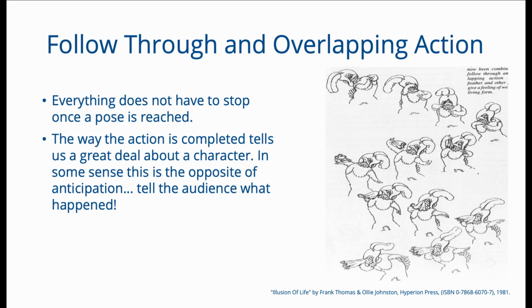So you can see here that there is an example. As she sneezes, you can see that first she's rubbing her nose, then the handkerchief is out, then the sneeze happened and the handkerchief has been blown forward. So there are a number of movements happening here of her hands, her snout and the handkerchief, and they're all sort of overlapping each other. It is very difficult to say when the movement of one started and the movement of the other part began. This is to give a feel that the actions are happening naturally and that they follow each other naturally.